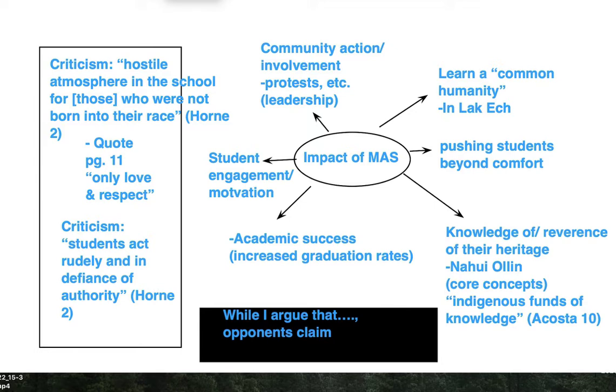It's always a good idea to keep notes as you're going on particular quotes or page numbers that you think show off some of these points. It's also really smart to start collecting some of the main points from the opponents of the program as well. You can see here we were organizing some of those criticisms on the column on the left. It's a good idea to explore the viewpoints of both sides in this debate.